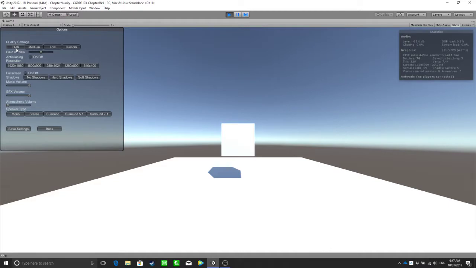So we have quality settings, which you can set the graphic qualities overall as a high quality, medium quality, low quality, and the customized quality. Okay, let's see. It's actually hard to tell the difference here because it's just a cube there, but if you adjust something else